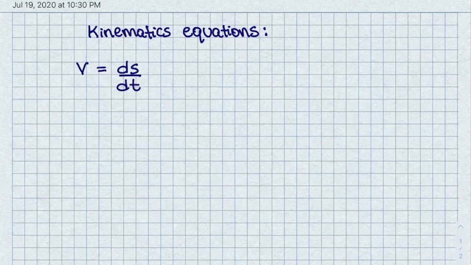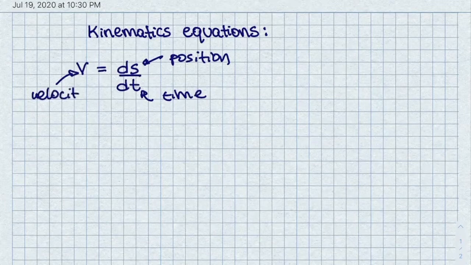formula for the velocity. s stands for the position and t is the time, while v is velocity. So this means that velocity is the differential or the derivative of position. If we take another derivative of the distance, we get acceleration. Or if we take the derivative of velocity, we get acceleration, which is a equal to dv over dt,